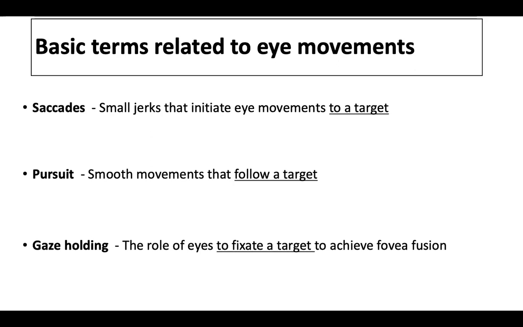Okay, so the saccades are those small jerks that initiate the eyes to a target, and these are controlled by your frontal lobe. The areas within the frontal lobe are known as frontal eye fields. Okay, so just imagine if you're not able to initiate your eye movements as small jerks towards a particular target, instead of moving your eyes, you would move your head towards the target and look at the target. Okay, this sort of unusual head thrusting movement is seen in oculomotor apraxia. I'll come to that later.